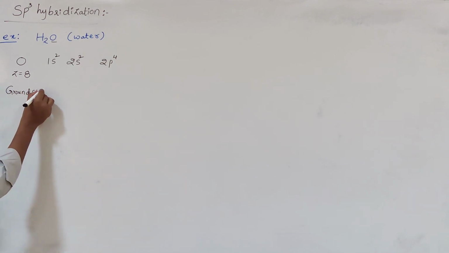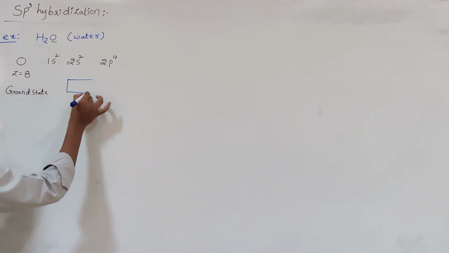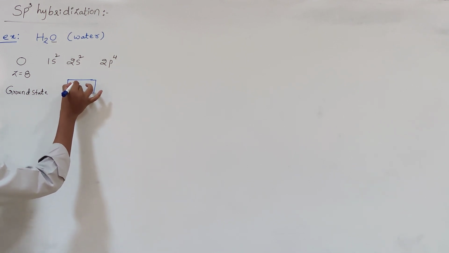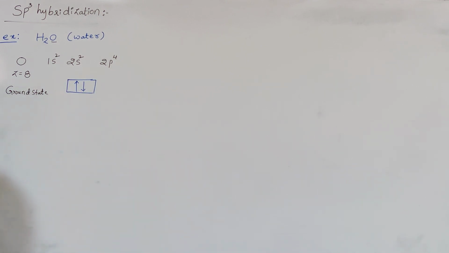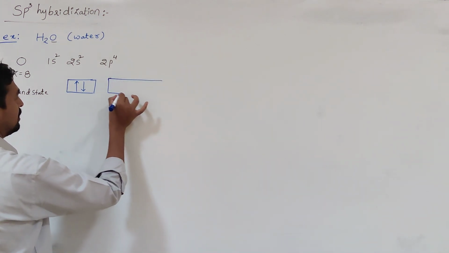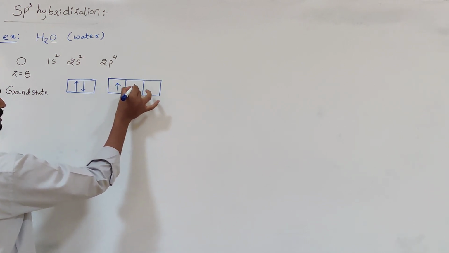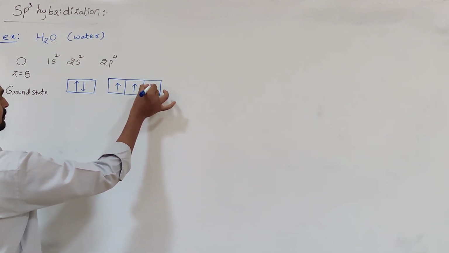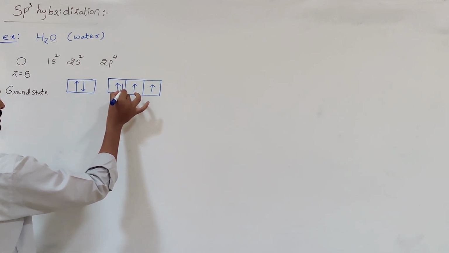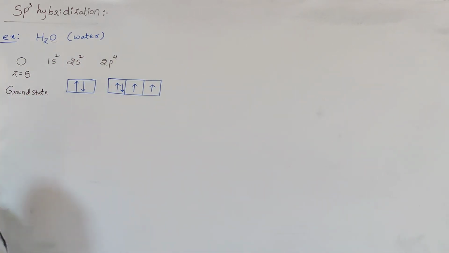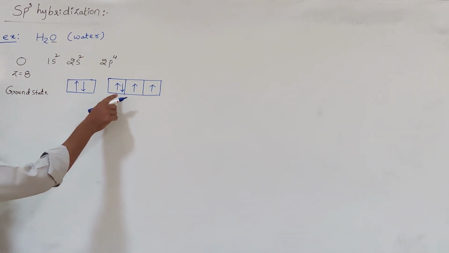When we look at the valence shell, in the 2s orbital, 2 electrons are paired. In the 2p subshell, each orbital is first filled with 1 electron according to Hund's rule, and only after that does the pairing start. So out of the three 2p orbitals, one orbital is filled with 2 electrons and the other 2 are filled with 1 electron each. Now, is promotion needed or not? That we need to check.